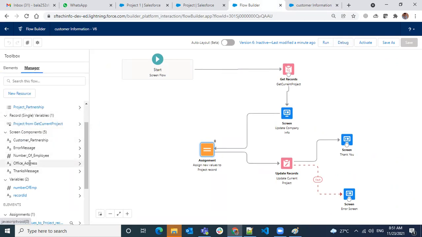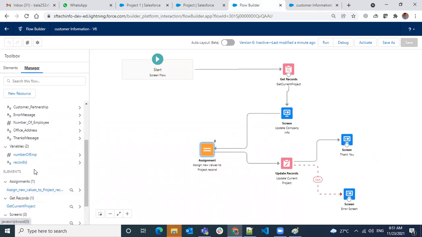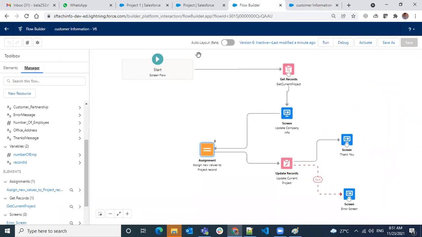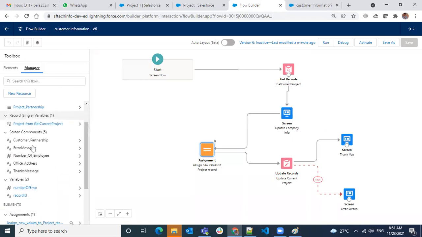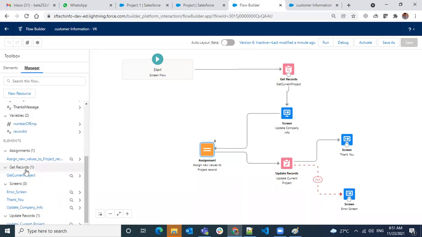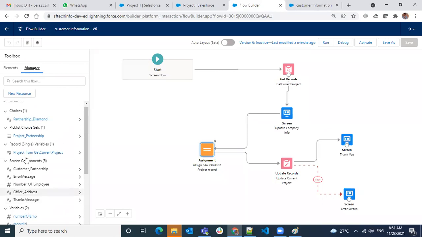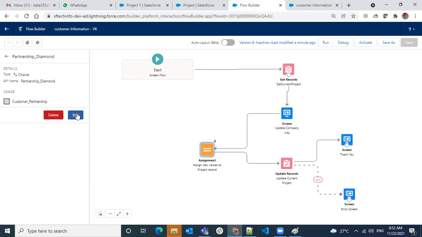Choice. The data type was showing as text. Shouldn't it be pick list? No, the values in that pick list are text values. That is what it means. Where you see the choices here, this one.